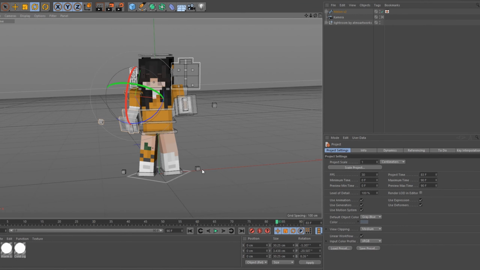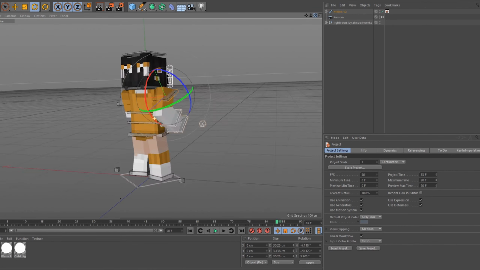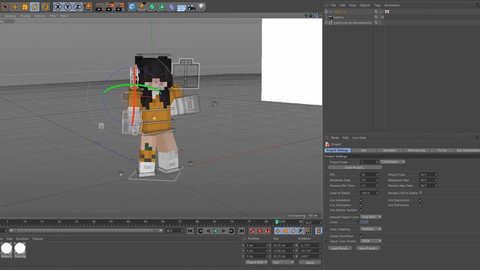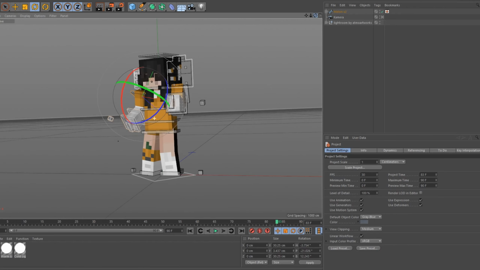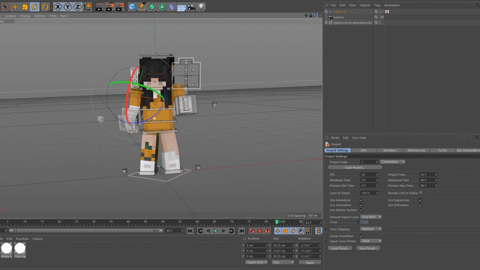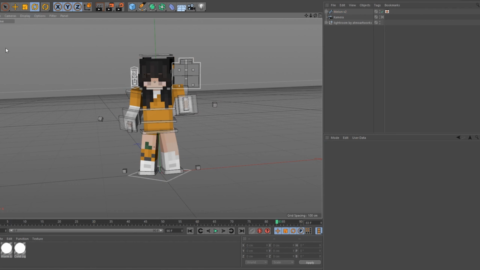Okay, so step one, I already have my rig here because I already have my preset, but I will leave the link to this rig. You guys have to have Cinema 4D for this. This whole thing here is called Cinema 4D. It's like a rigging animation thing. Once you download the Melon rig, which I'll be leaving in the description,